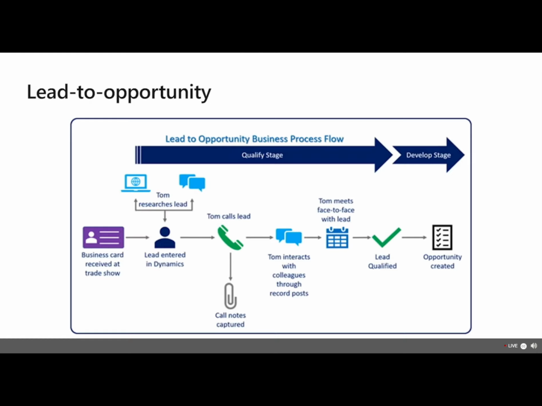We have, let's say, our sales rep, Tom, who gets a business card at a trade show. So what they're doing is entering that business card information into Dynamics 365. But here's one helpful thing that Dynamics has: there's actually a business card scanner. So while Tom is in the field, he doesn't have to enter that information. He can use his phone under the mobile app, take a picture of that business card, and using artificial